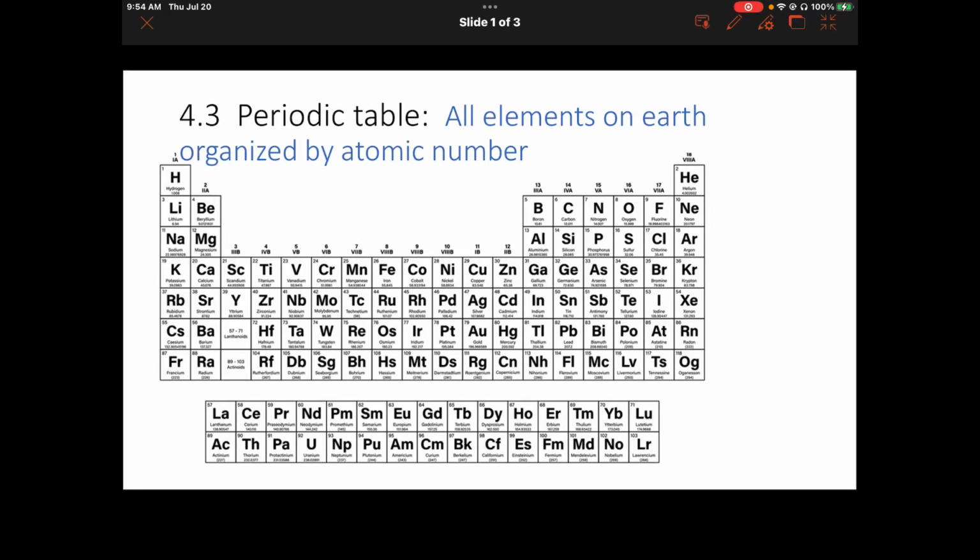Section 4.3, we are going to introduce the periodic table. So hopefully this is review, and you saw this in middle school. But the periodic table includes all elements on Earth organized by atomic number. So you might notice that it starts with 1 right up here for hydrogen, and this table goes all the